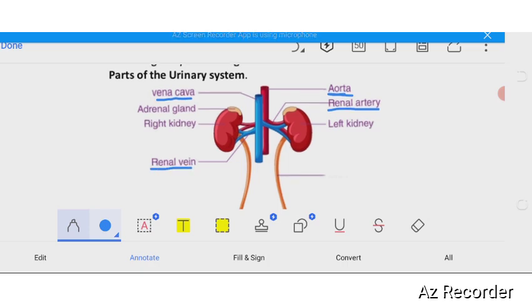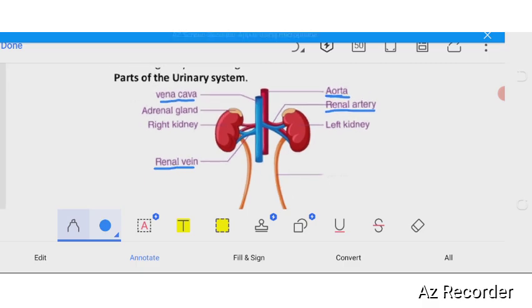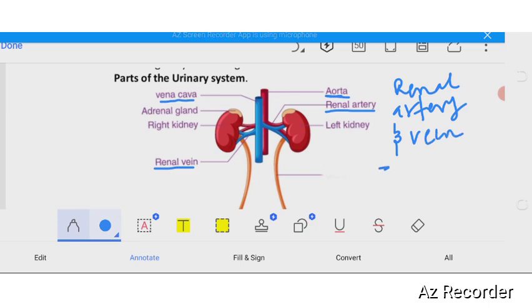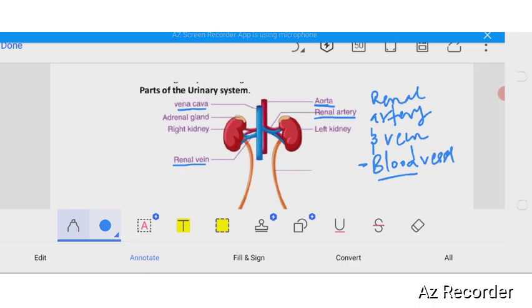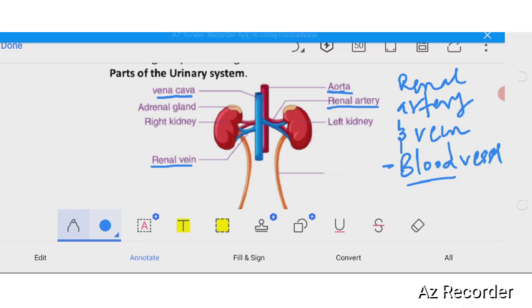Eventually, the renal artery and vein are always given one name, which is just blood vessels. So anytime we talk about blood vessels, you need to know that we are talking about the renal artery and the renal vein, which are the blood vessels connected to